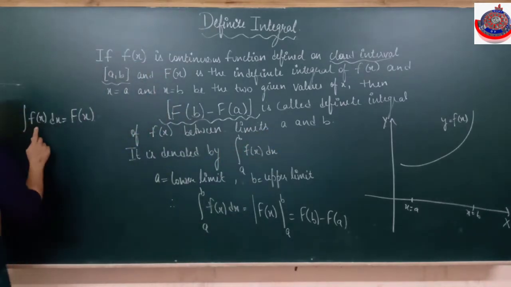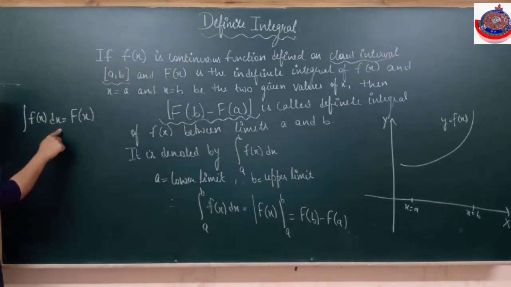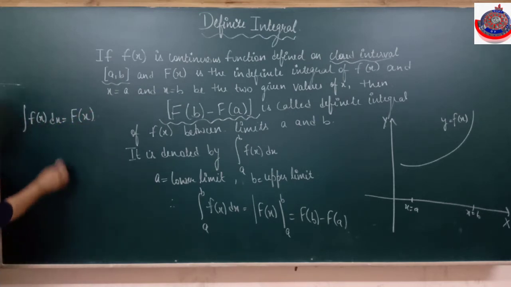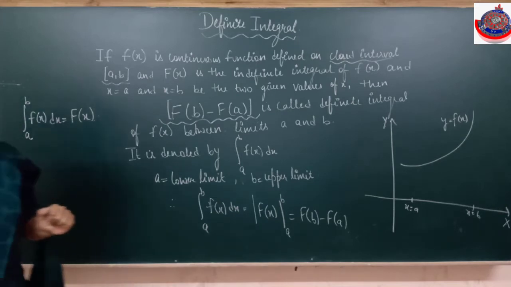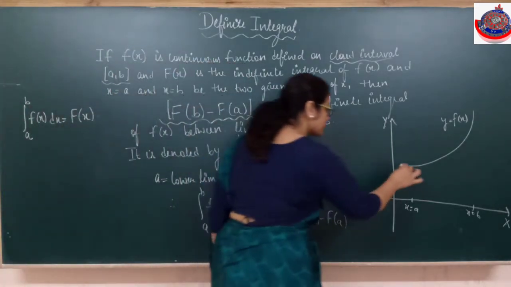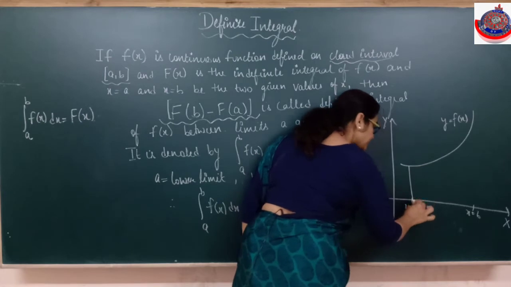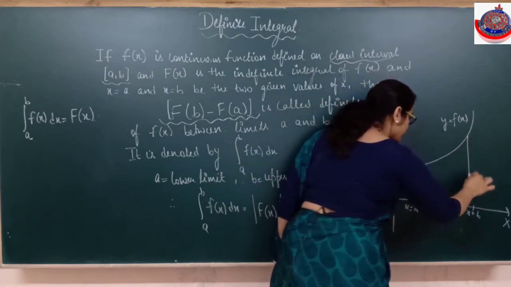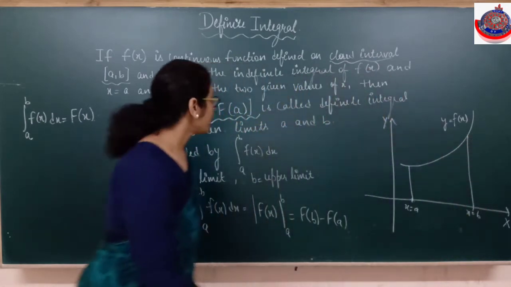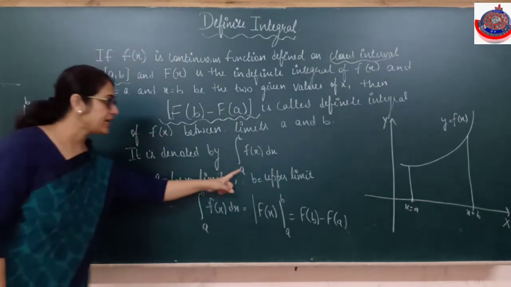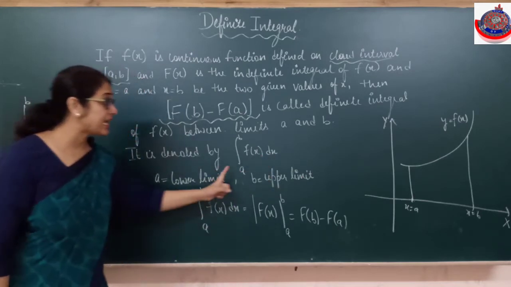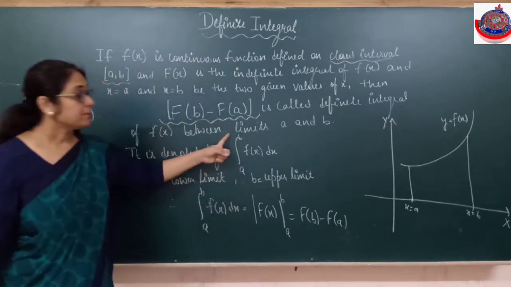इसका मतलब look at this. f(x) dx. Right now we just integrated f(x) and we are getting capital F(x). Now I have to integrate f(x) but between a and b. The limits are given to me. That means I have to integrate this function but between these limits, and what it represents geometrically I'll tell you. Alright, I have to integrate but between a to b. It is denoted by integral from a to b of f(x) dx,